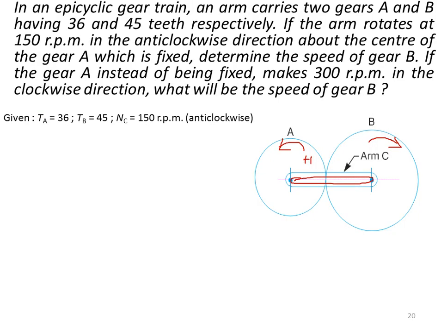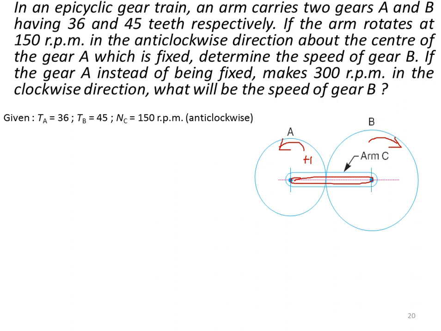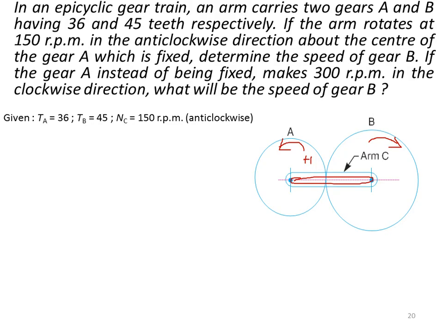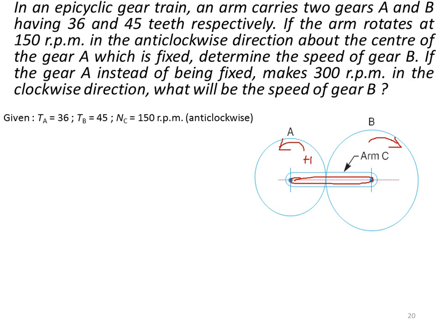So here only 3 components are there, so you have taken 3. Suppose now there are 5 terms like 1 arm and 4 gears. Then there will be a total of 5 terms like that. So this is only a simple problem, with only an arm and 2 gears, so we have taken 3. Always what you have to do, you have to make the arm fixed, and the corresponding gear to that arm you have to give +1 revolution.